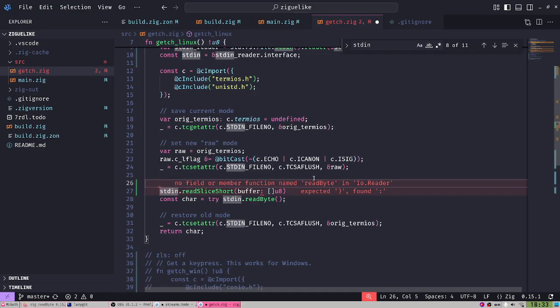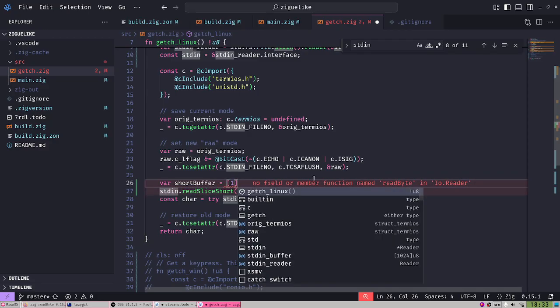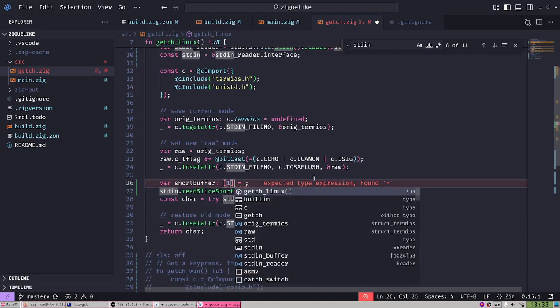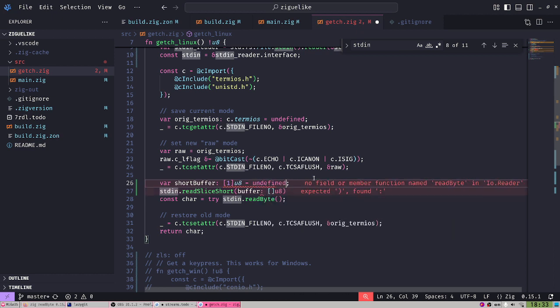Let's just give it a small buffer, a short buffer, and let's make it one U8. I wonder if this is gonna work. Yeah, short buffer, and let's provide it as a pointer, of course.